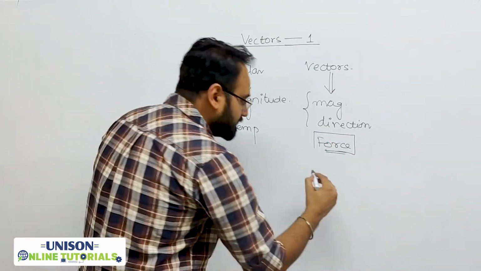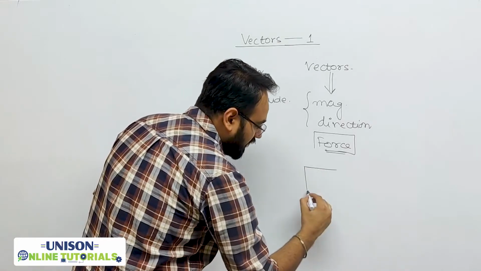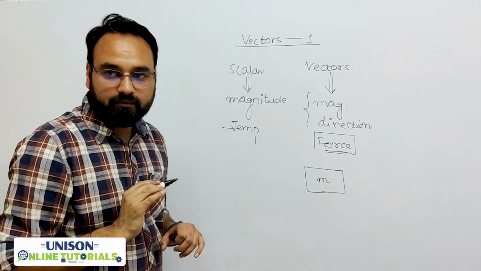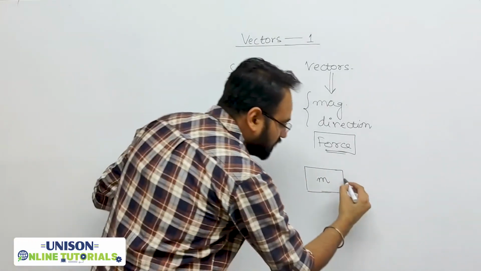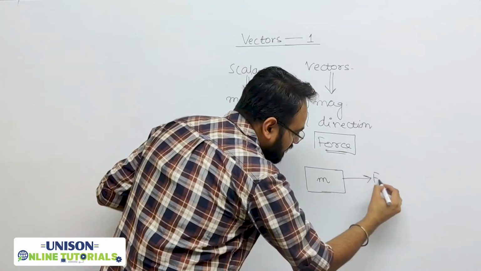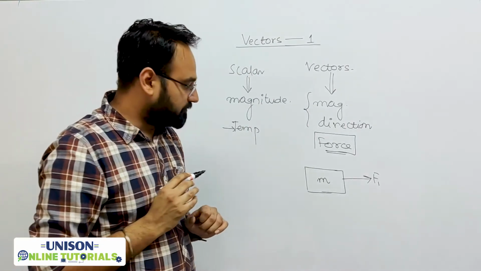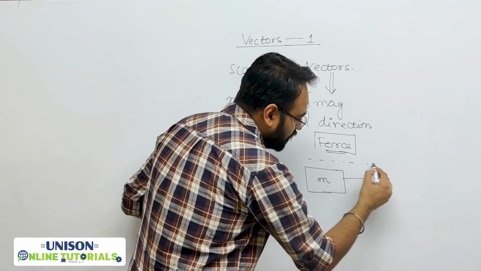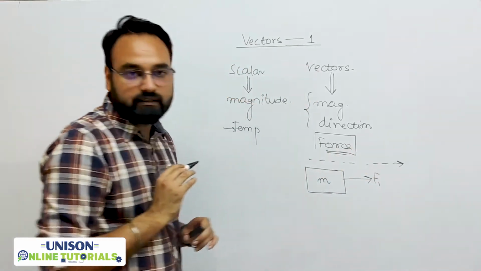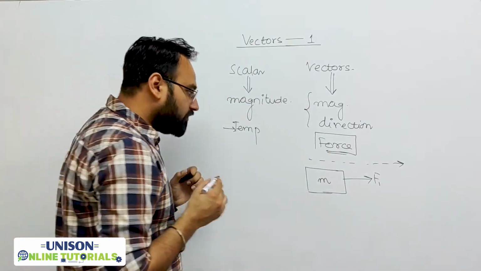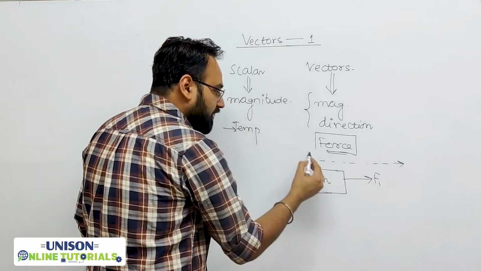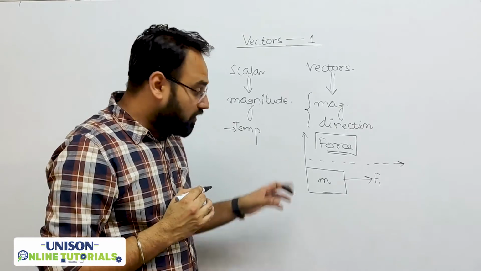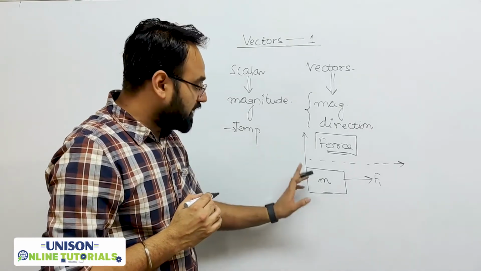For example, let's consider a case. Say I have a body of mass m, right? And say a force F1 acts on it like this. Now under the influence of this force, this body has a tendency to move like this. It will move like this. Similarly, now if I apply this force F1 in this direction, in upward direction,